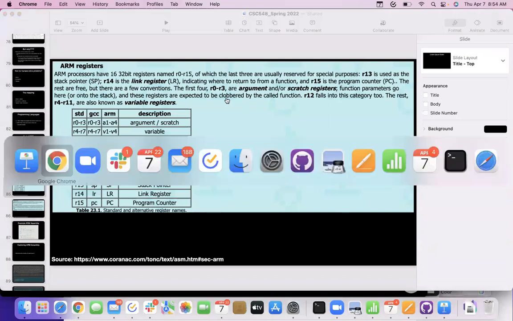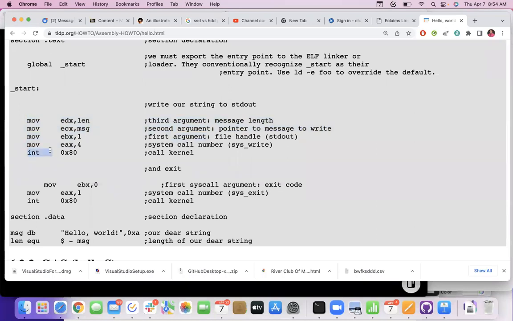All right, so then what do I do? I call upon the operating system, the kernel, and what he's immediately going to do, because he's taking advantage of that convention that those first 4 registers are used for passing parameters, is look at the very first register and see what you want to do. Oh, you want to do sys_write, because the operating system has a system call called sys_write in Linux. And sys_write is going to say, okay, I'm going to need 3 pieces of information from you. I need to know what you're writing, how long it is,